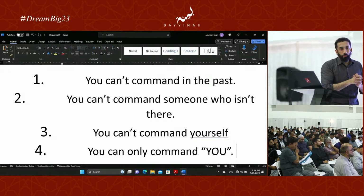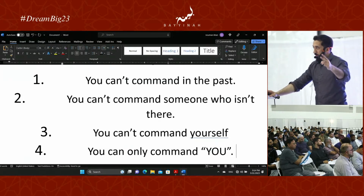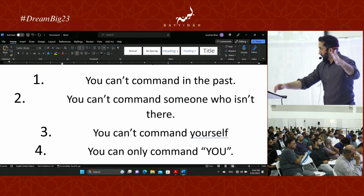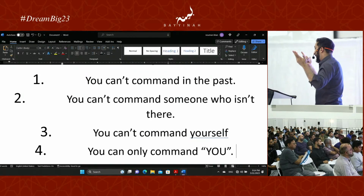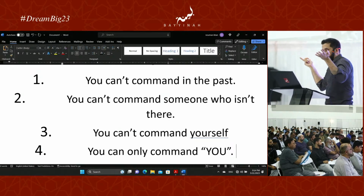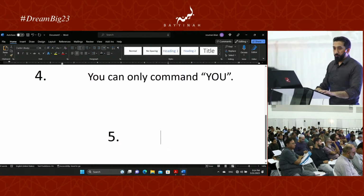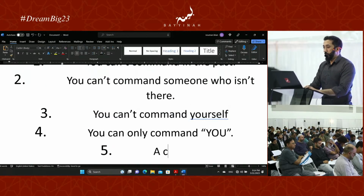How many kinds of you are there? Anta? Antuma? Antum? Anti? Antuma? Antunna? There are 6 commands in Arabic because there are 6 yous in Arabic. Make sense? Because you can only command you. But now the fun begins. A command, it is easier